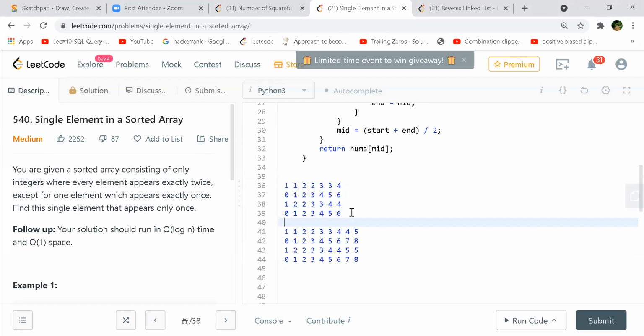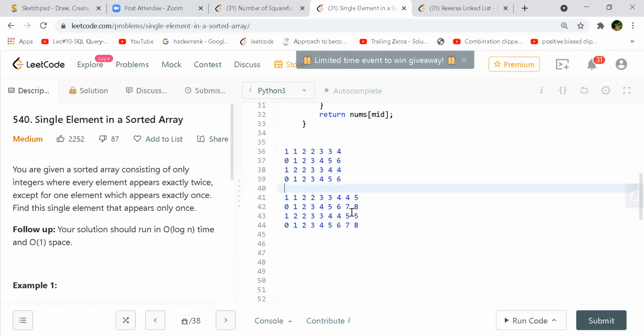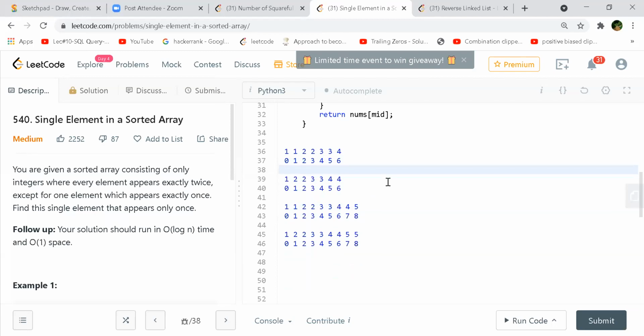Should I press now? After every 2 lines, just press enter. One line is the actual data, another line is the index of that data. Okay, this is fine, right?